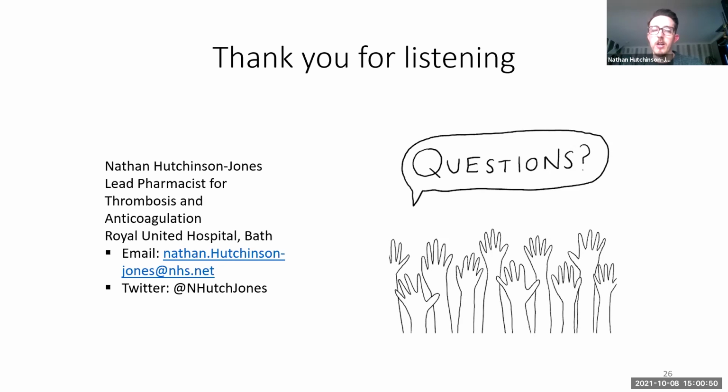I think a lot of patients are often very anxious about it. For example, we'll have patients who've had a CT staging scan, they've been rung up and told, "Actually, there's a blood clot in your lung, you need to come to A&E." They come to A&E, get some injections and are sent home, and that's about it. And then they're just left worrying at home. So I think we've had lots of good feedback about